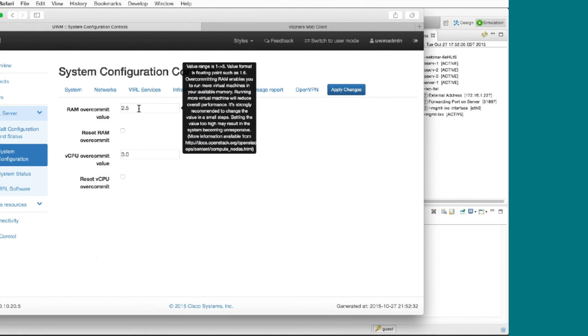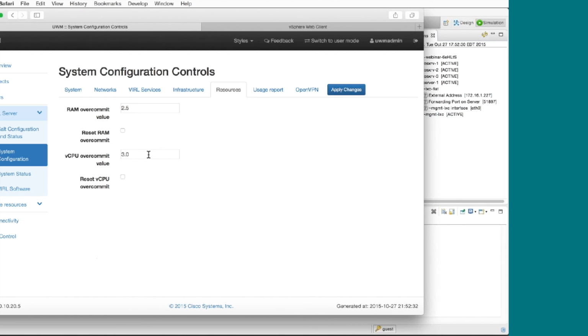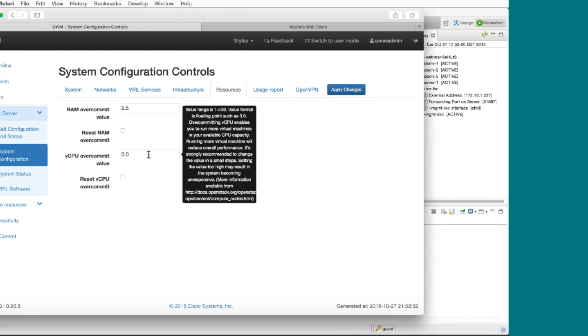And there's some additional documentation in the flyover tooltips here. I've talked mostly about the RAM overcommit. You get a similar thing from the CPU overcommit. Right now we set that by default to 3, so we time share the CPUs by a factor of 3, and you can tweak that value.